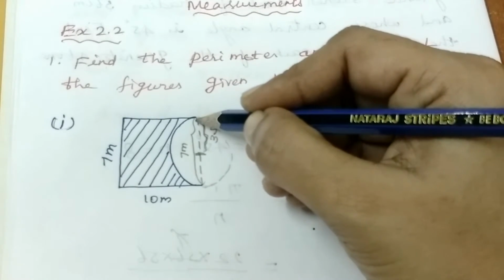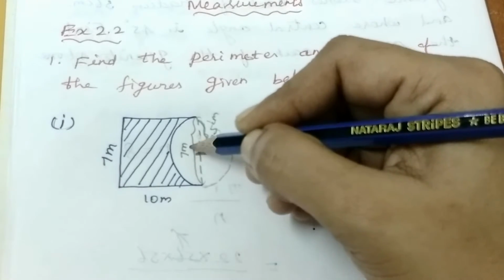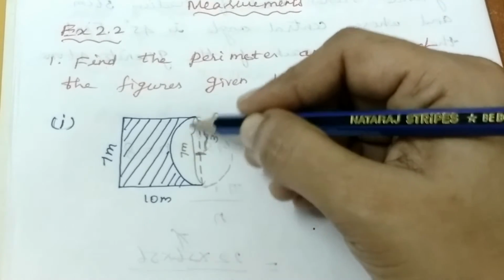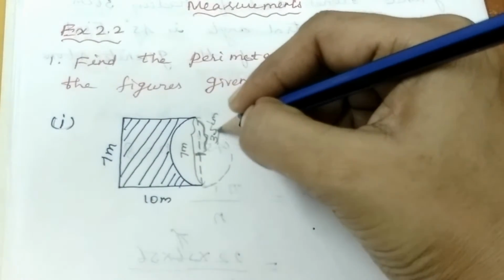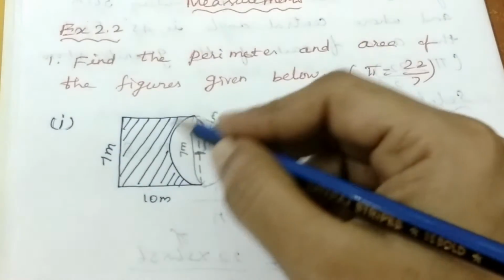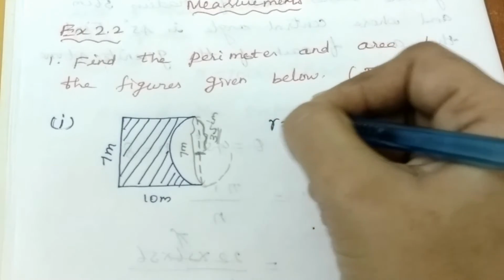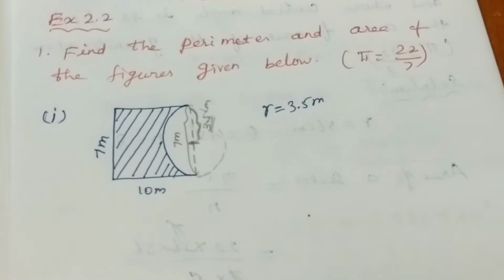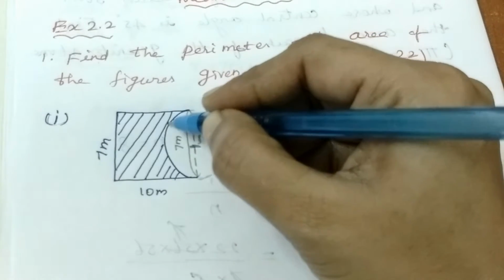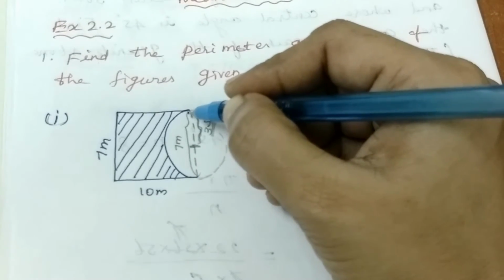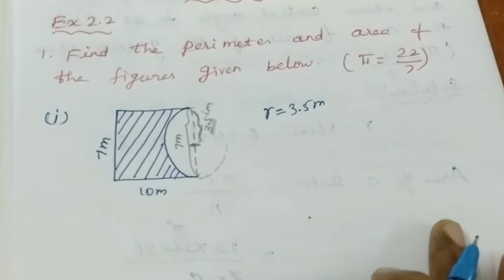If we draw a circle like this, here we are having one center. This center is dividing this line segment into two equal parts. The total length of this line segment is 7 meter, and half of it is 3.5 meter. This 3.5 is the radius of this circle. So in this diagram, radius is equal to 3.5 meter. And this is not a circle, this is our semicircle. So we have to take the perimeter of the semicircle, this arc only.